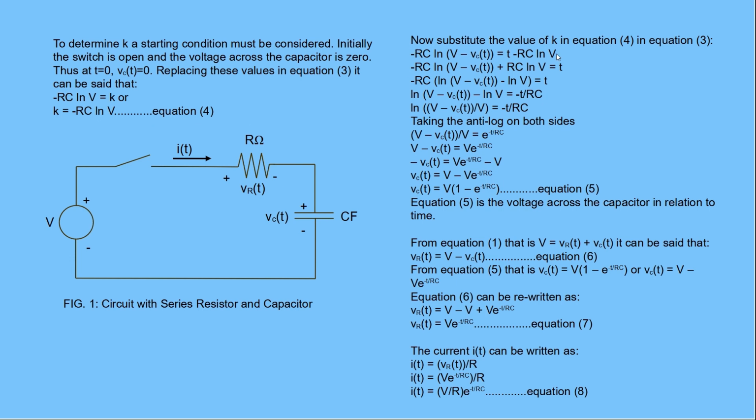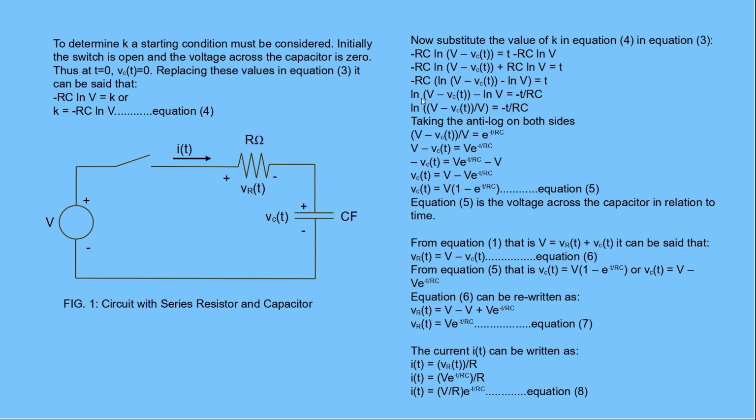Now we substitute the value of K in equation 4 into equation 3. This gives us minus RC ln(V minus VC(t)) is equal to t minus RC ln V, or we can say RC ln(V minus VC(t)) plus RC ln V is equal to t. We only took this minus and we transferred it to the left side of the equation. So we can say minus RC [ln(V minus VC(t)) minus ln V] is equal to t,